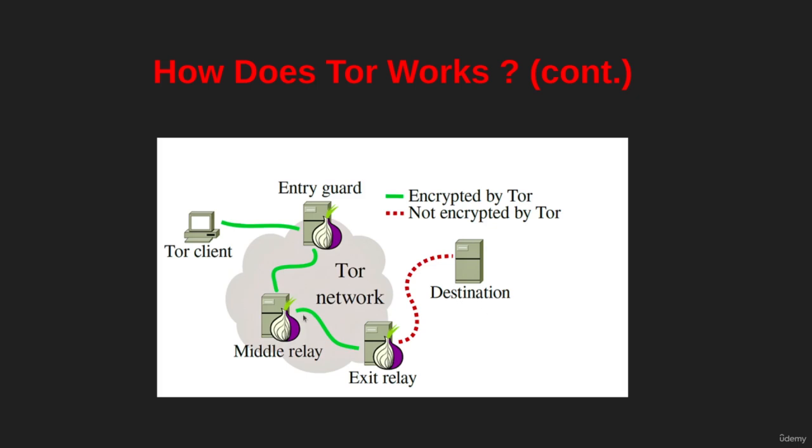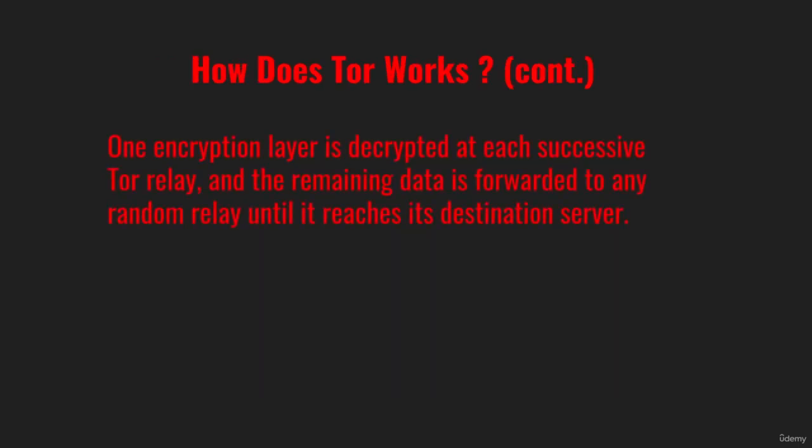Here, what Elliot did actually is that he knew there is a destination, or a server, running on the Tor network. And how he knew that, we will discuss in detail. No worries. One encryption layer is decrypted at each successful Tor relay, and the remaining data is forwarded